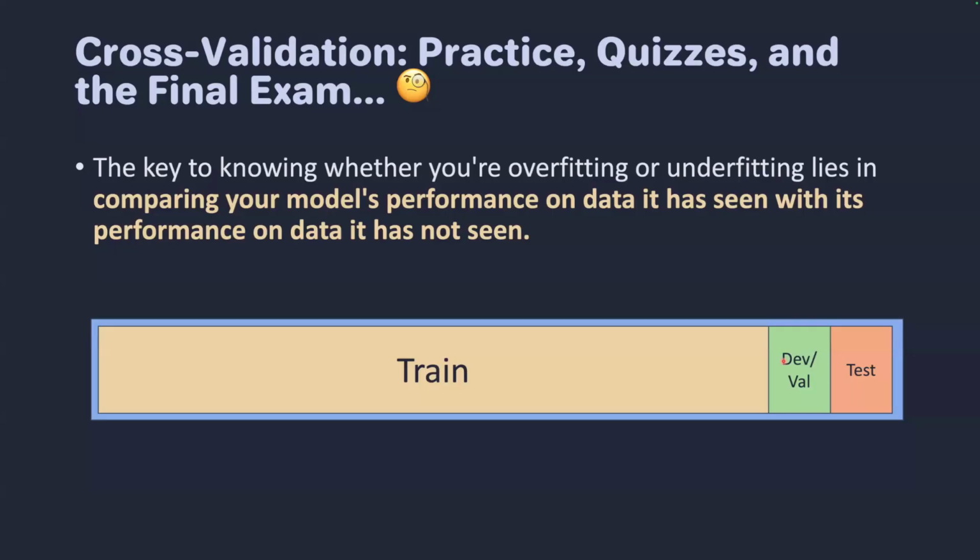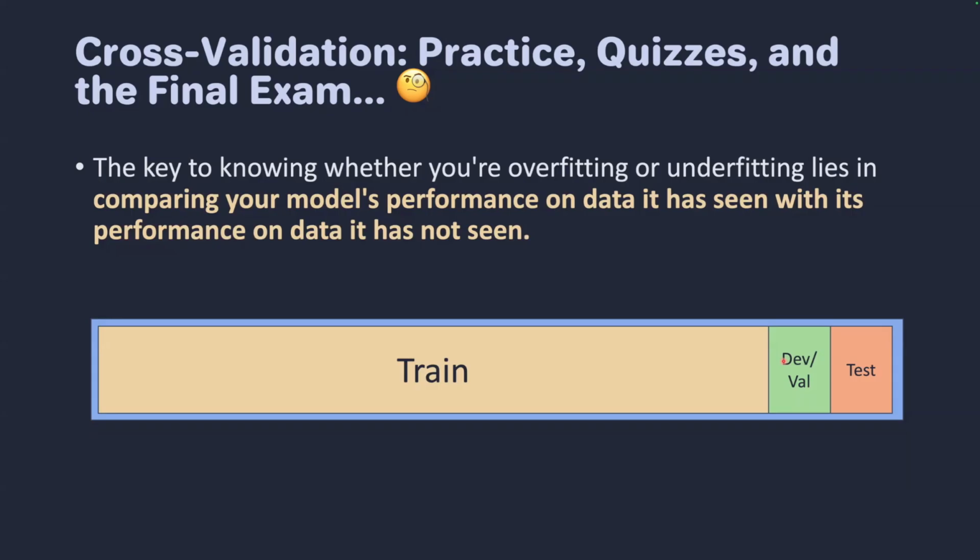Okay, so what about the test set? We've been talking about the dev set and the train set. Where does the test set come into play? After the validation, once I'm sure that I'm doing well, we enter the test set. I like to say this is your final exam, right?